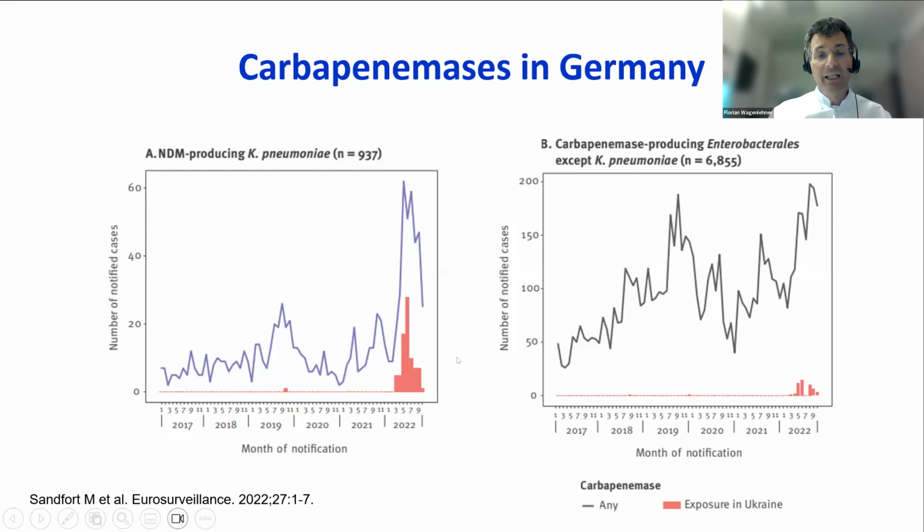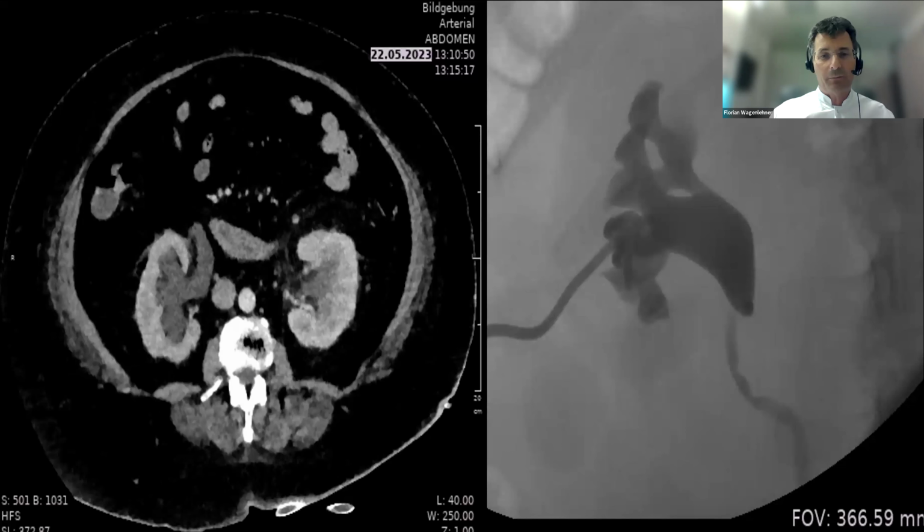And this is linked to patients that had an exposure in Ukraine, where there has been a war for 2 years that was started by Russia on Ukraine. Due to wound infections, indwelling catheters and loss of control of antimicrobial policies, high-level resistant organisms have spread over the country and are now spilling over to neighboring countries. For example, this is a patient we have seen with progressed cervical cancer, because health care is on the floor in Ukraine,